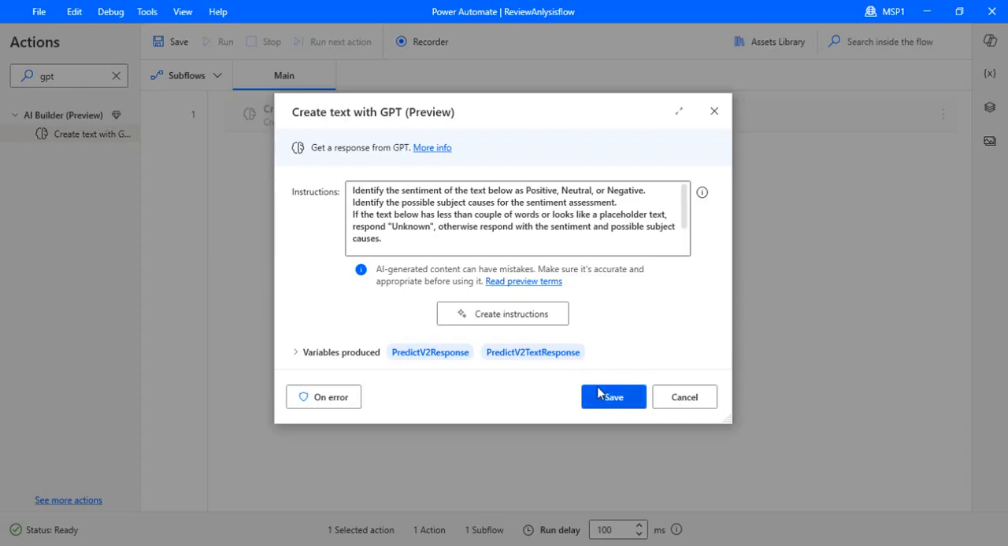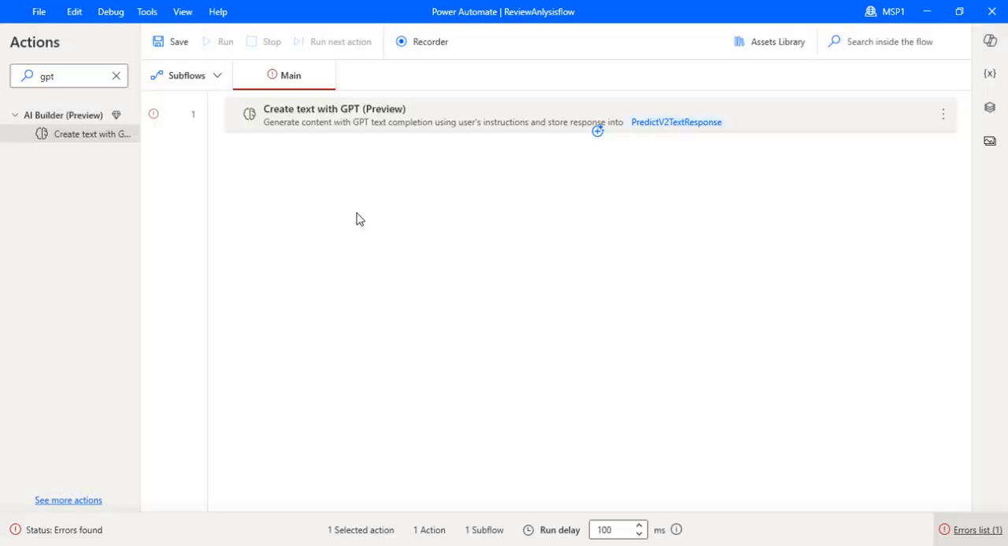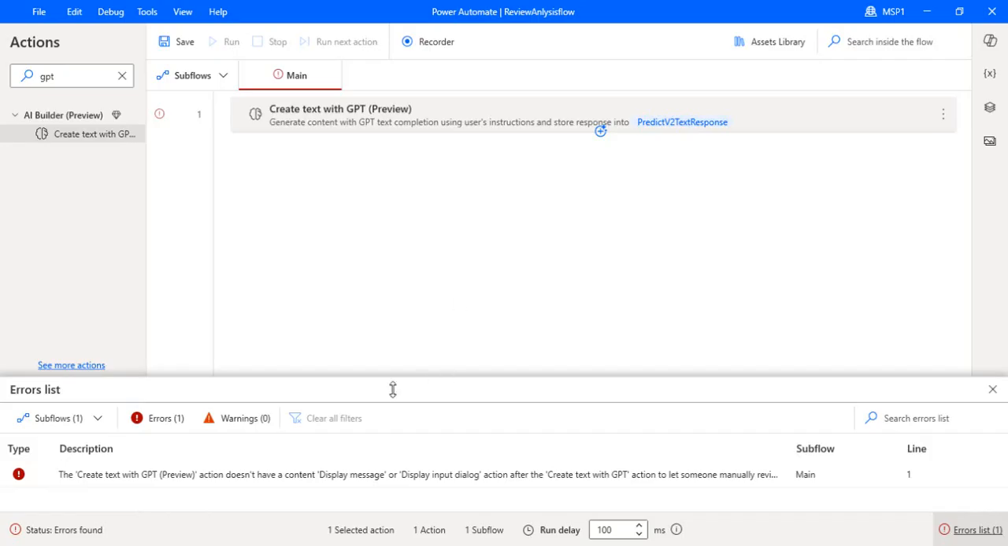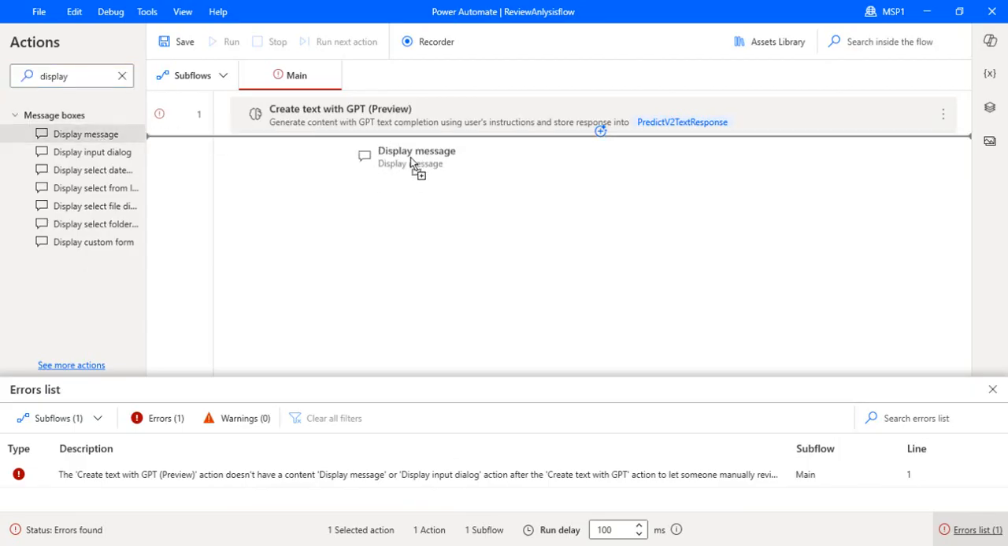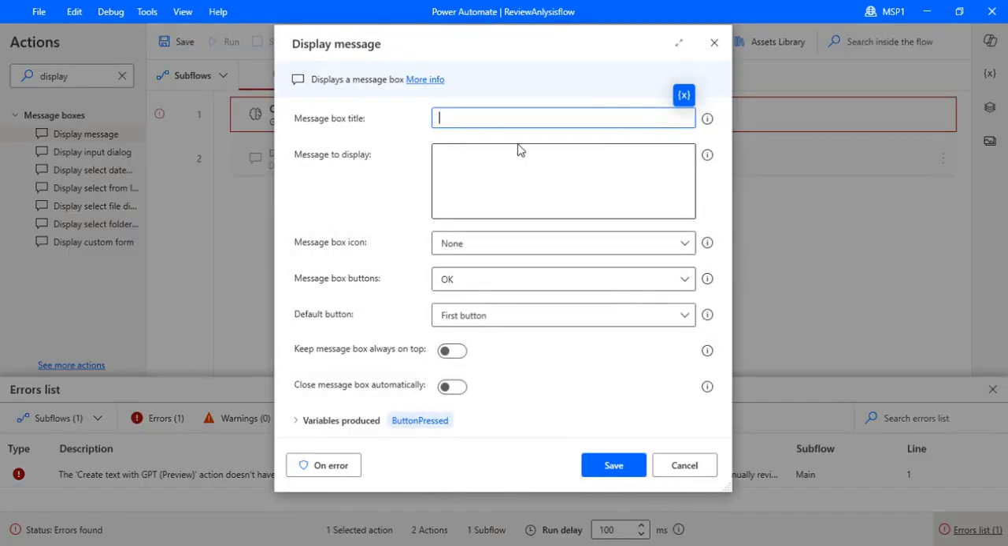So I am just going to save this, and as soon as I save, you got this error that a display message input should be associated with it. So it requires one display message dialog to be associated, so that we can have the output visible to the users. So what we are going to do, we are going to just write a review